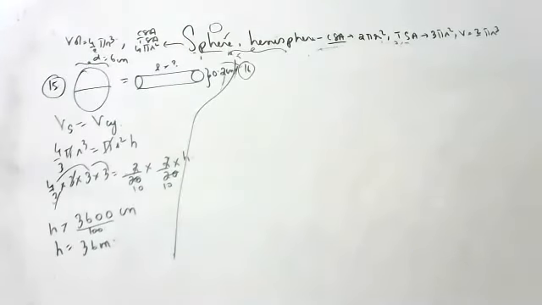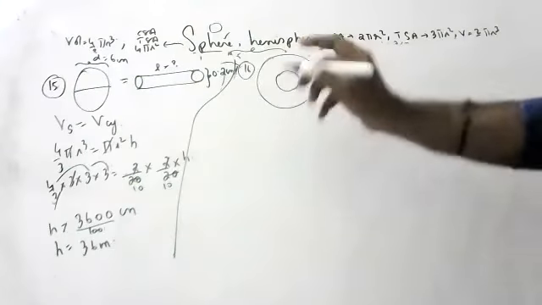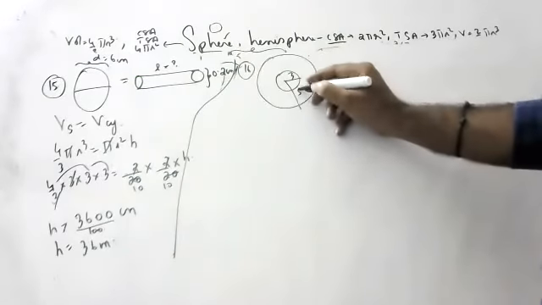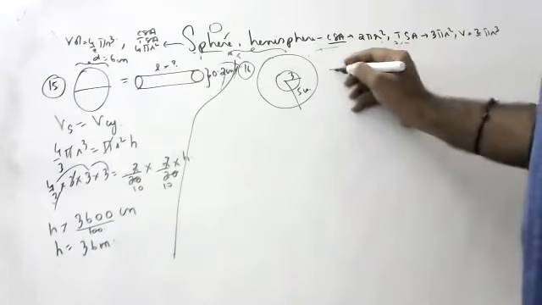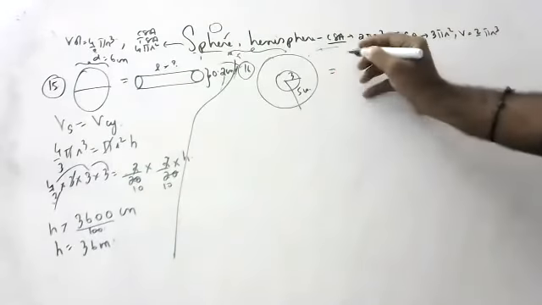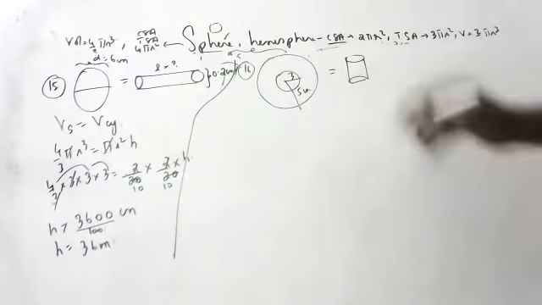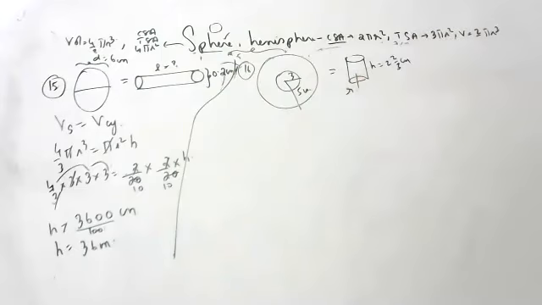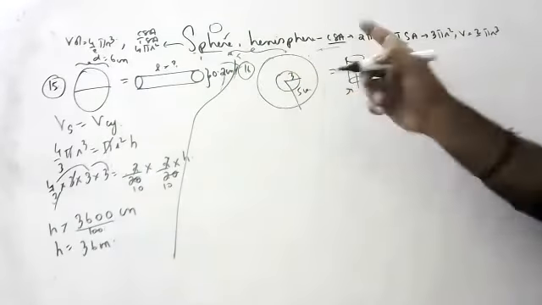The radius of internal and external surface of a spherical shell. Nana, a shell is there, hollow sphere it means. Internal radius is 3 centimeters, external radius is 5 centimeters. So it is melted and made into a cylinder. Don't move here and there, just sit quiet. The height of the cylinder is 2 by 3 centimeter. Find the radius. Sphere is melted and made into cylinder. How will you do it, Nana?